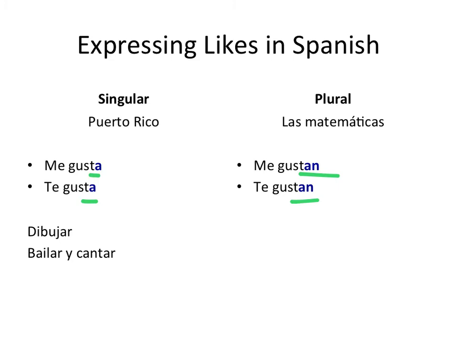Also, it's important to note two things. Listen carefully. When we use infinitives, and the word infinitive is just what? To do something, like to listen, to talk, to practice, to prepare, just like in English. We don't conjugate the verb after gusta. We're going to leave it alone. It's never dibujo or dibujas. It's me gusta dibujar. So that's one thing important to note. No conjugated verbs back-to-back in Spanish or in English.